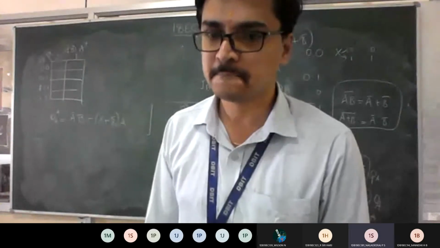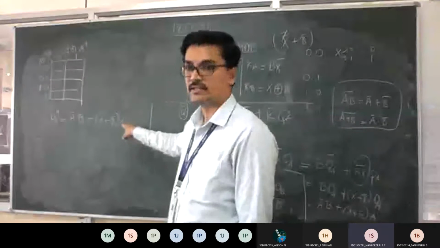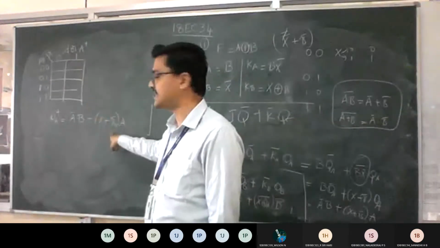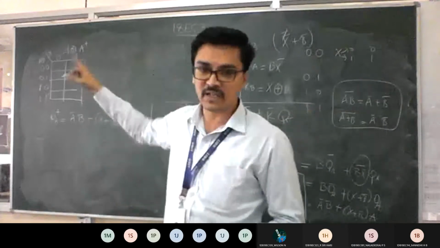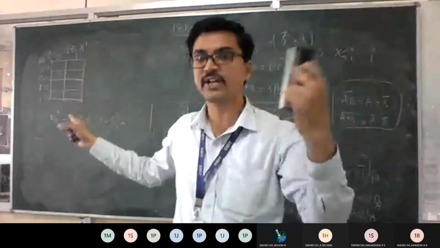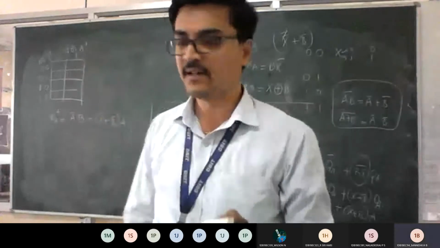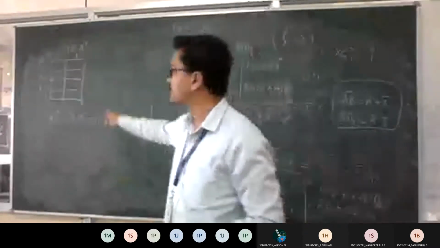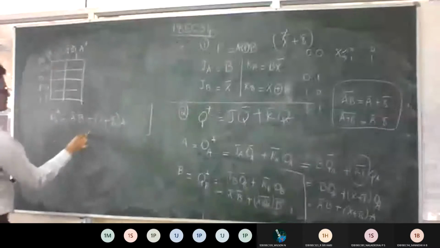Okay, let me repeat. I want this table to be filled using the equations we got in the previous step, right? See why you want this table, I'll let you know. Because next you need to get a table of your state diagram, right? That time this is helpful for you. If you write it here, straight away I'm going to copy paste there, nothing new. For that purpose, I'm telling you to fill this table, first X equal to 0.